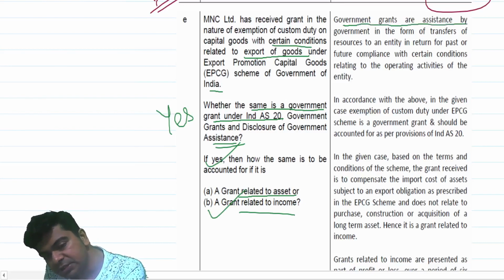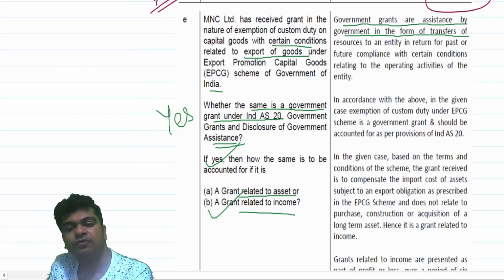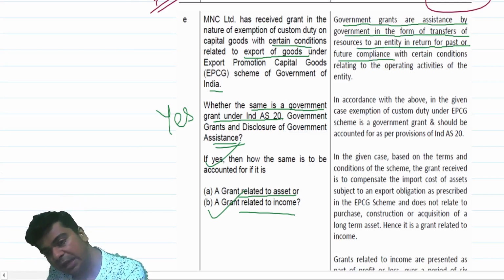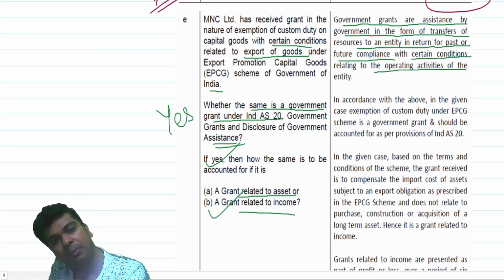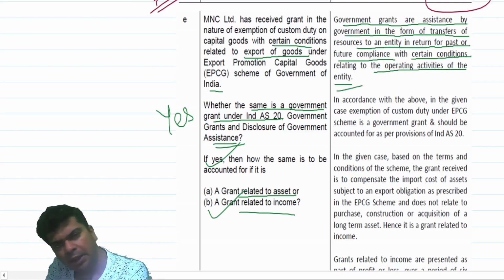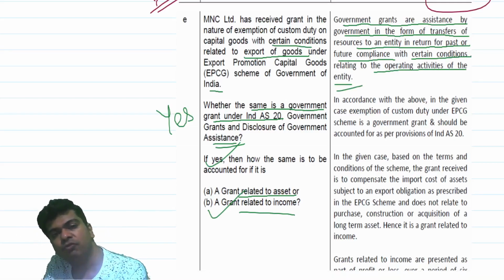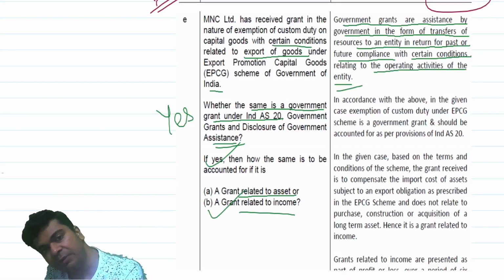Government grants are assistance by government in the form of transfer of resources to an entity in return for past or future compliance with certain conditions relating to the operating activities of the entity. Every box is getting tick marked over here. Exemption from custom duty is an assistance from the government